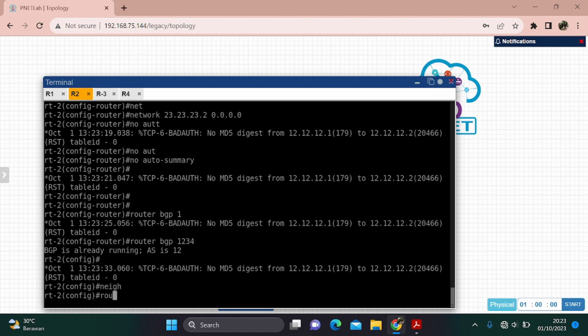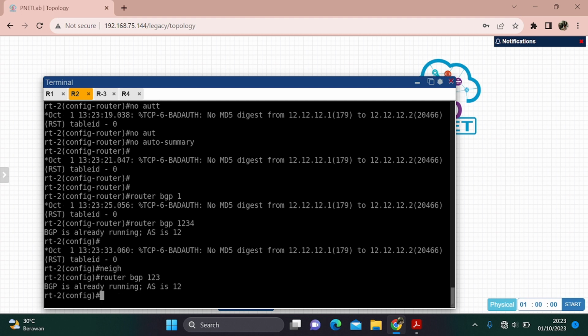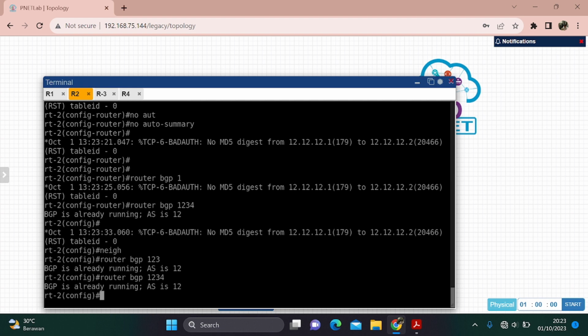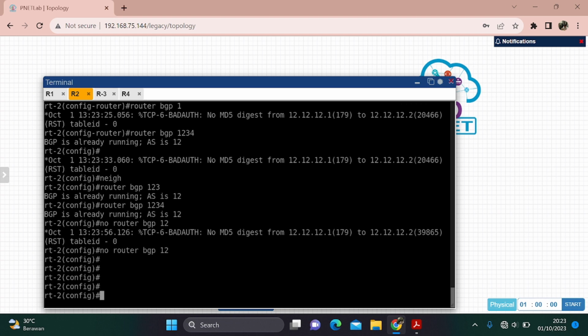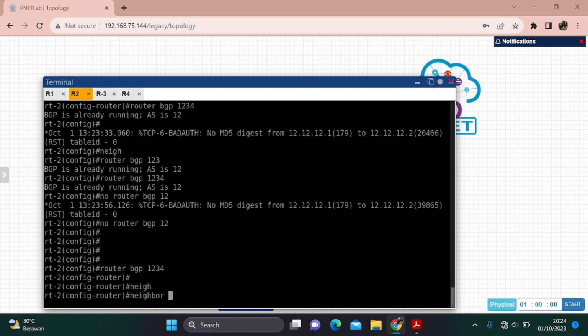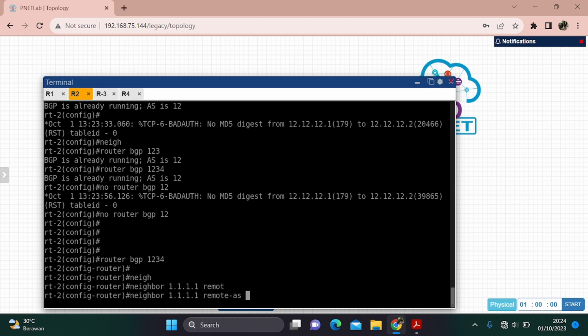Wait. BGP is running. Wait. After that neighbor 1.1.1.1 remote AS.